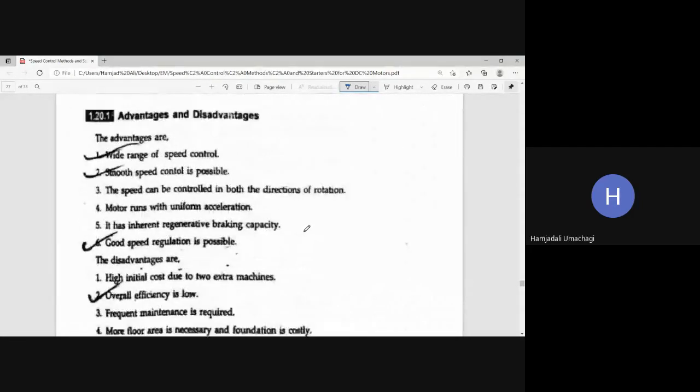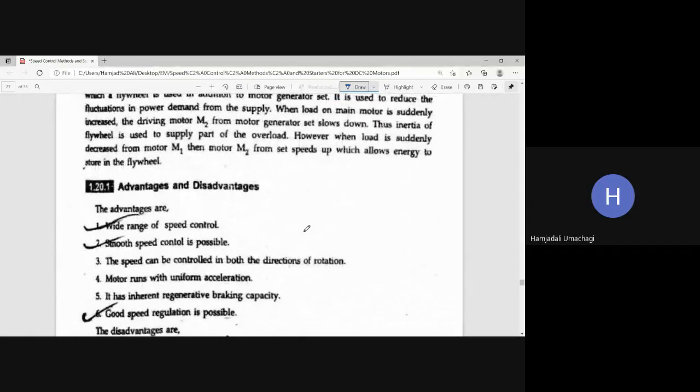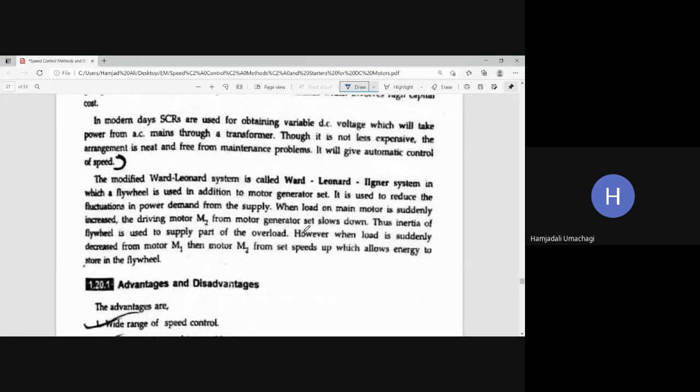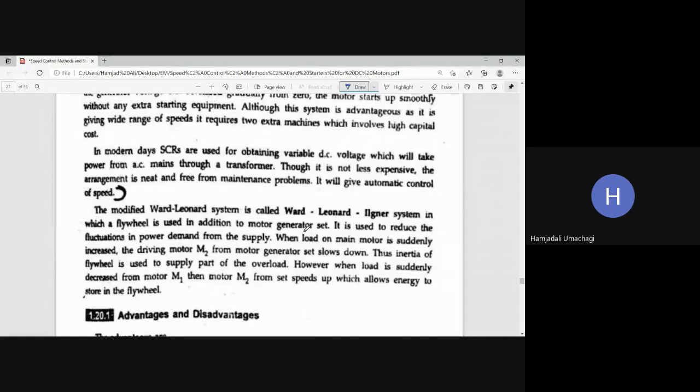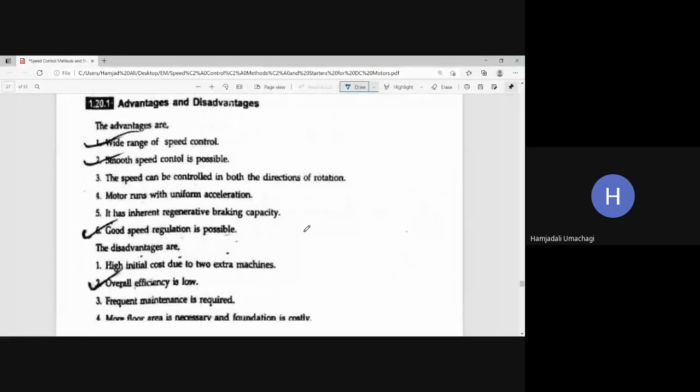Yes, sir. So for the speed controlling methods for DC shunt motor and DC series motor, I have explained in the previous class and today's class. So all of you go through those methods and solve the problems which I have discussed. I have already shared these problems with you and explained how to approach them. Just practice all those problems. If you have any doubts, you can ask me. And in the next class, we'll discuss the necessity of a starter.